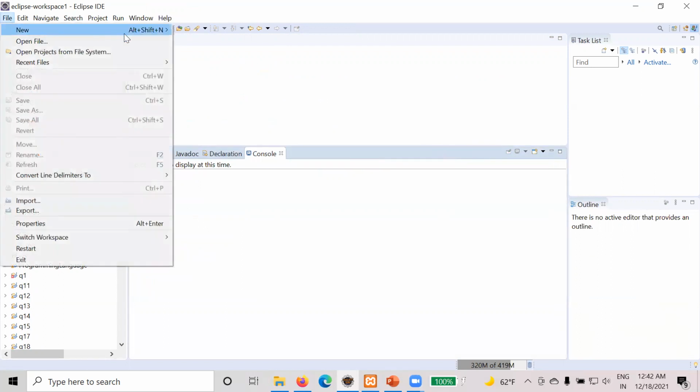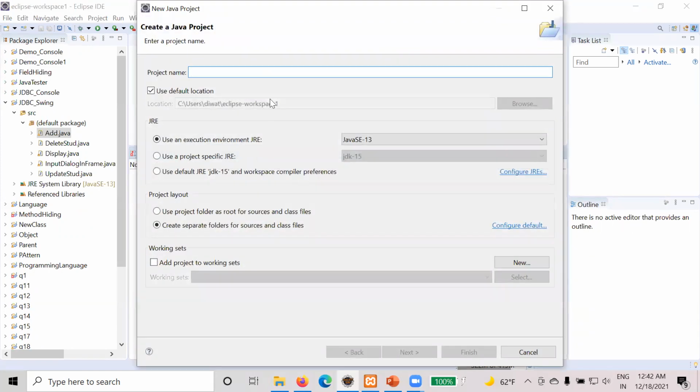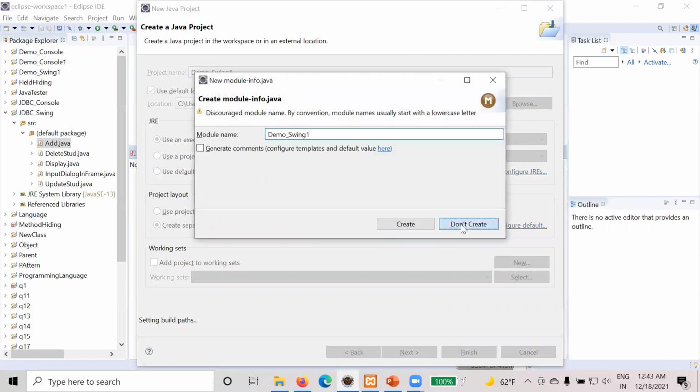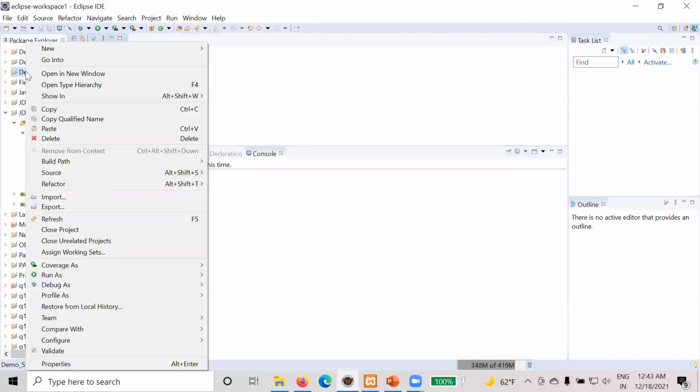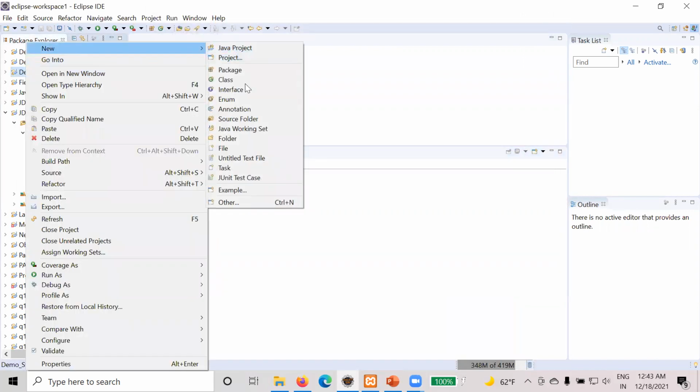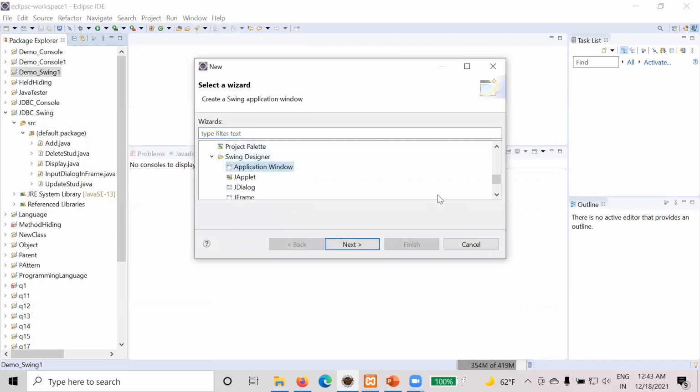Okay. So the same thing, we are creating a new Java project. We are creating now Swing 1. I'm creating the same project. So yes, now it's created. Go to new, and now instead of creating the class file, we are selecting the last option, that is Other. Now in this Other, we have different options. It shows that you can create a class, interface, Java project, and all. So you need to search for